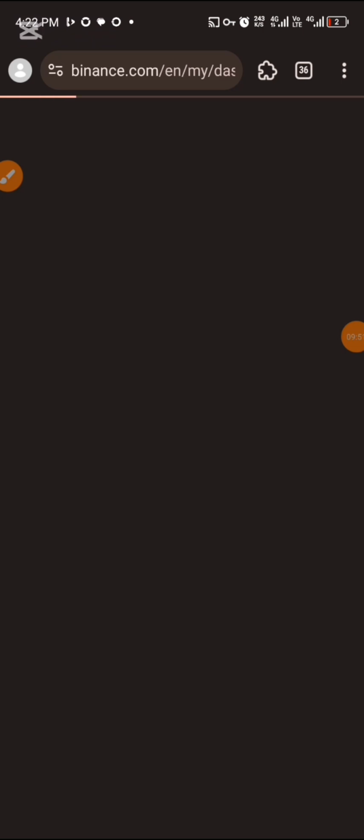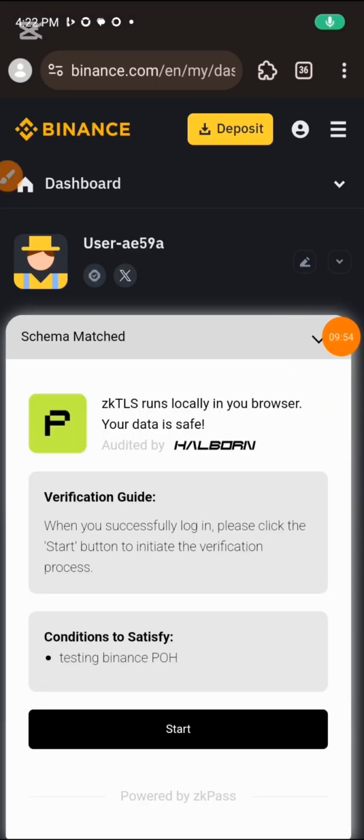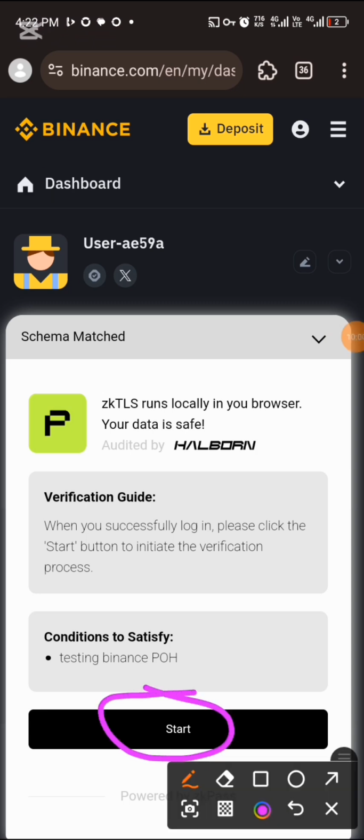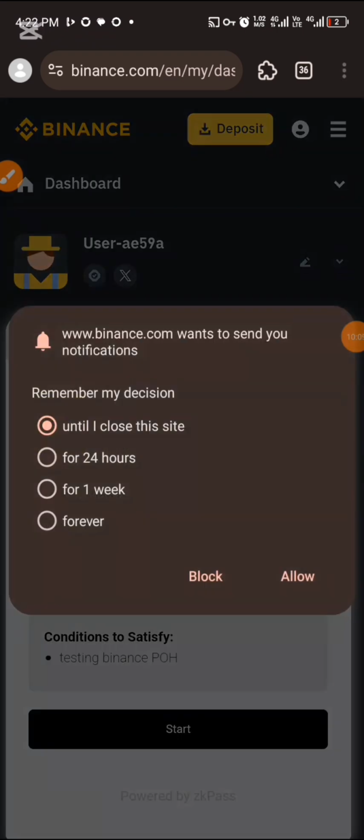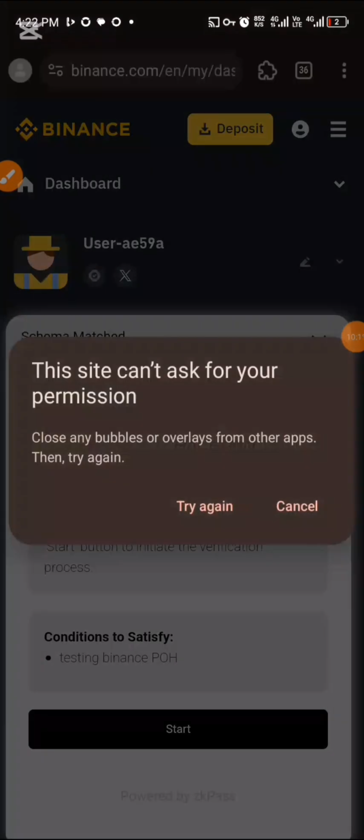All right, guys, so this option is now available and my account is in. So all we need to do is to click on start, but for quite some time now this particular task is not actually working. All right, so let's try it this time. Maybe much later, this task is going to work. Okay, so let's just give it a try and see if it's going to work this time. So click on start,